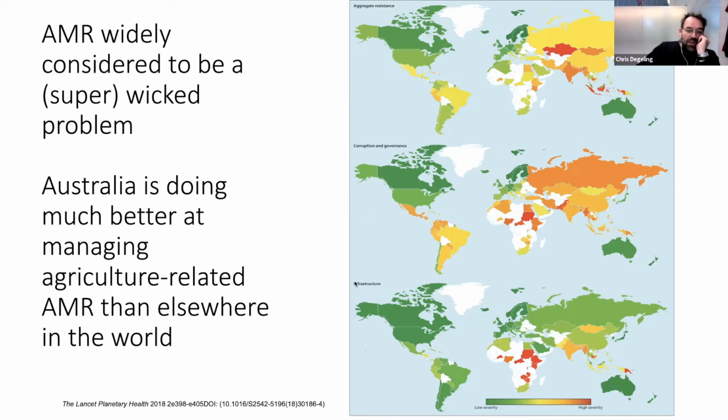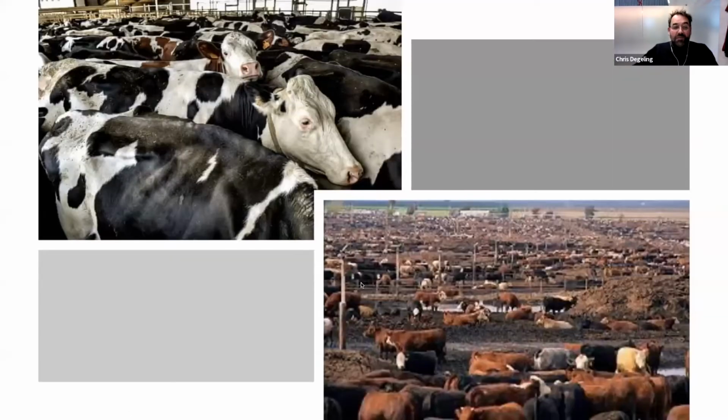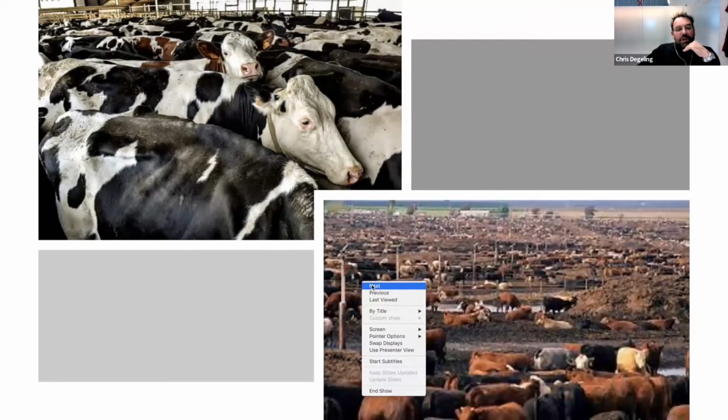If we look globally, actually Australia does quite well in terms of our management of agriculture-related AMR. And this is really a consequence of early steps and early measures taken largely within a One Health framework to avoid these types of scenes, which is how most people think about industrialized agriculture in other parts of the world. And